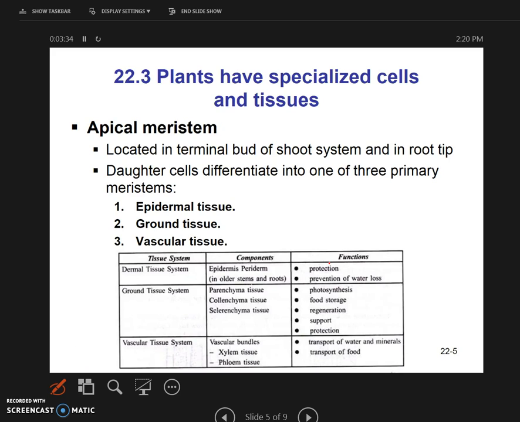All right. So the first tissue we are talking about are the meristems. This is the apical meristem. So the meristems are immature cells. These cells are capable of cellular division. They can form any type of cells. So they can divide. So here what happens is the cells